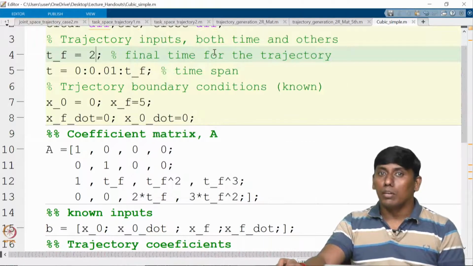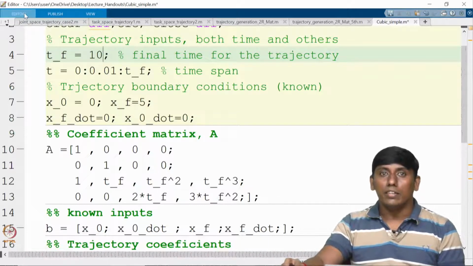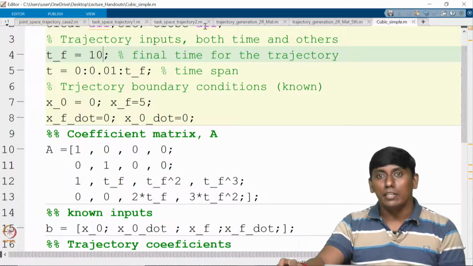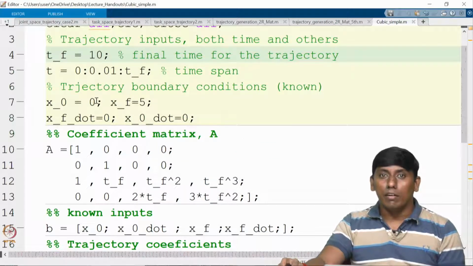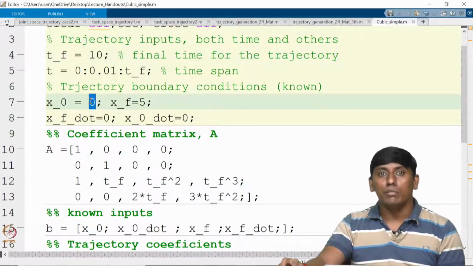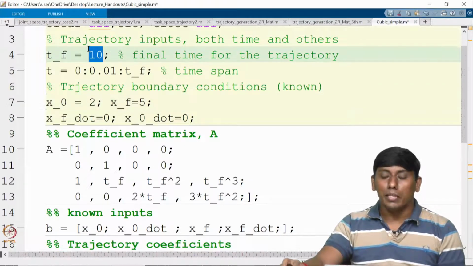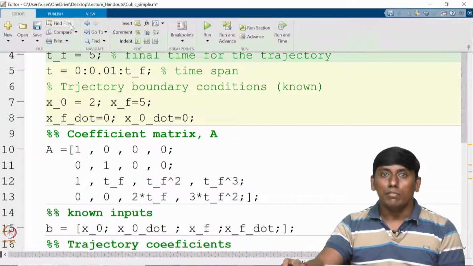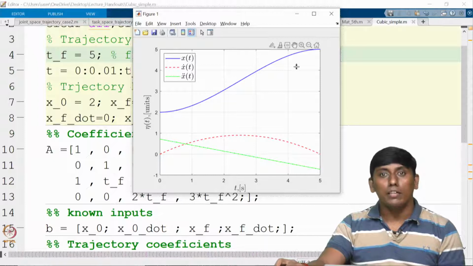So now you can even do it higher, then you can see that the acceleration and the velocity would be decreased. However, at 0 to 5 you can see it, right? So all these variations you can try. So instead of this, for example, if this is starting from 2, and I am making this 5 seconds, so you can feel it, it is starting from 2 and ends at 5. So now you can see how the velocity and acceleration are going.